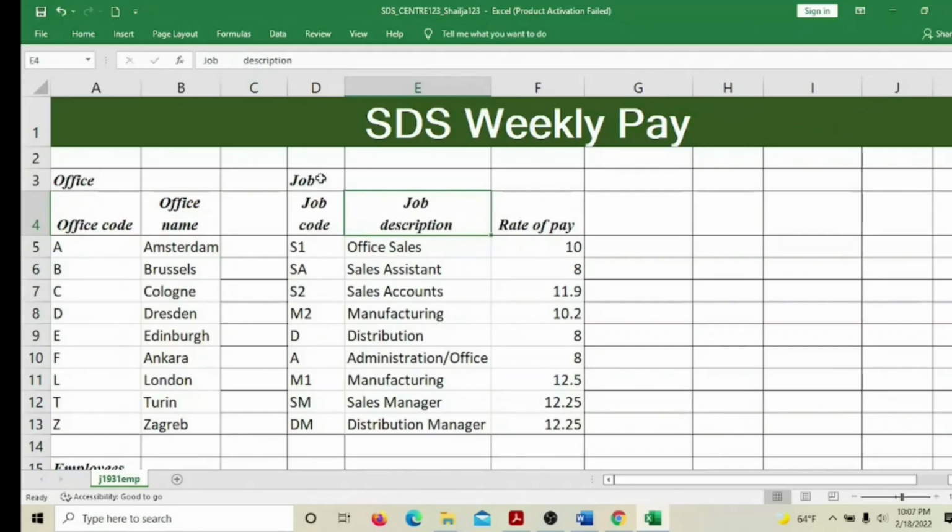Okay, save. Just keep on pressing space so it will go to the two lines. Next,